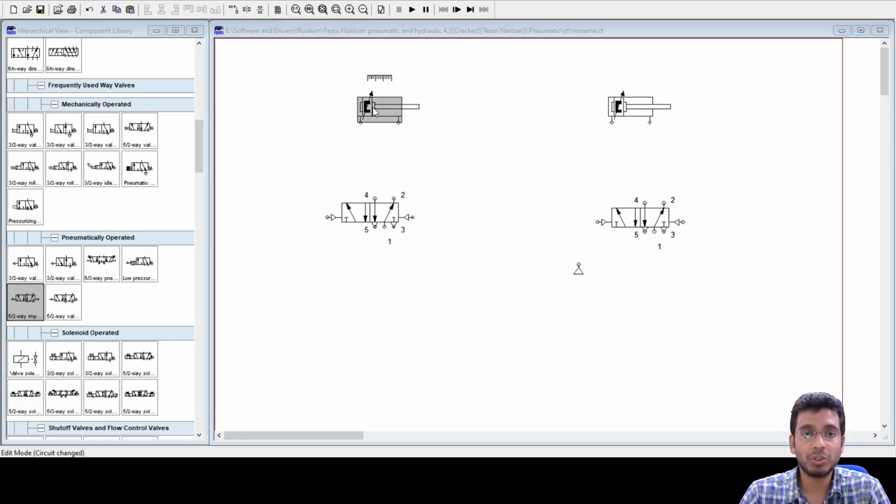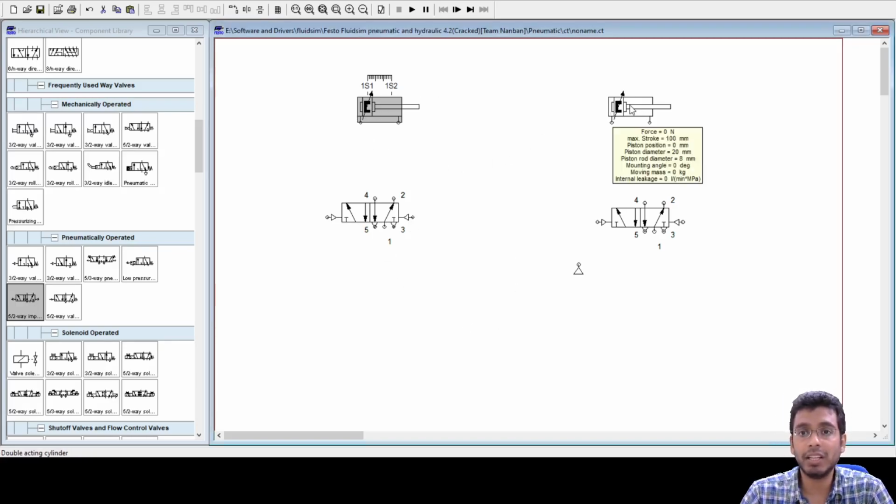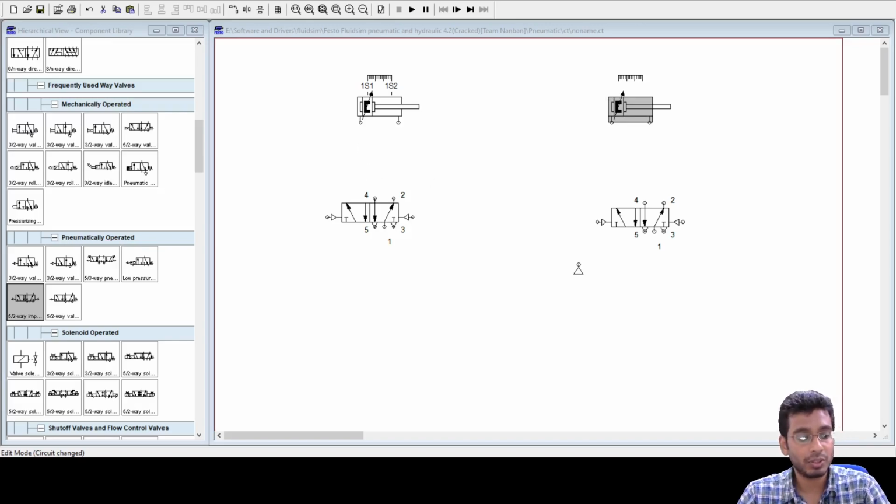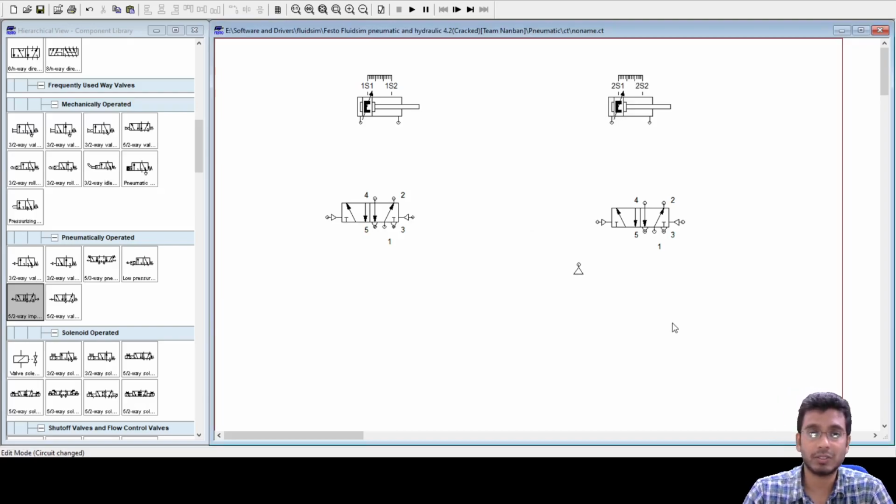So you start labeling 1S1 and 1S2. Similarly, for the second cylinder, 2S1 to detect the retracted position of this cylinder, and 2S2 to detect the completely extended position of the other cylinder. So that means we are going to use 4 roller valves.